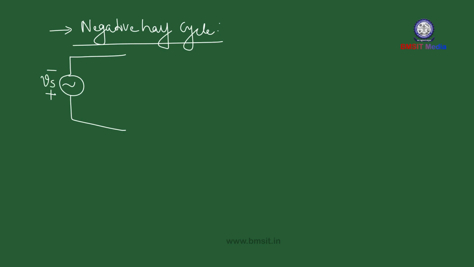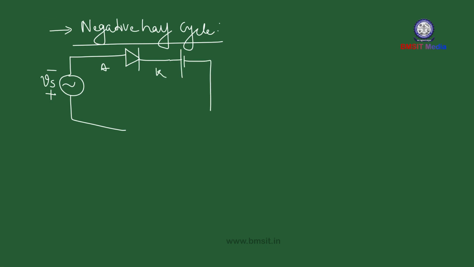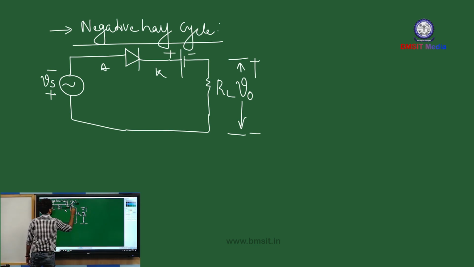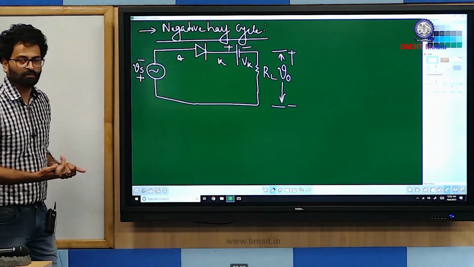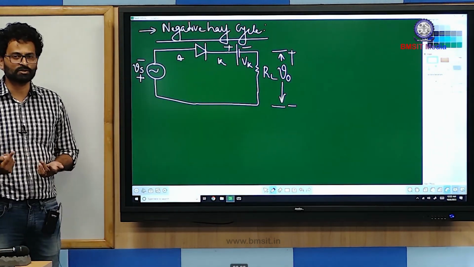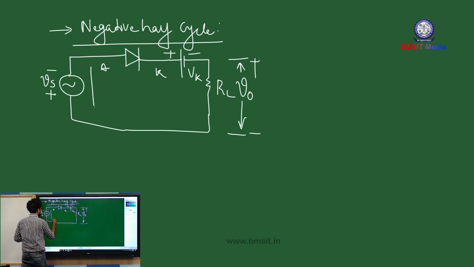Okay. Yeah, so this is your diode, anode, cathode. Load resistor RL, V0, polarity for Vk you have to put. Now, for the negative half cycle, you can once again check for the source dominance. Obviously, you can clearly observe that here Vs is trying to circulate the current in the anti-clockwise direction because minus